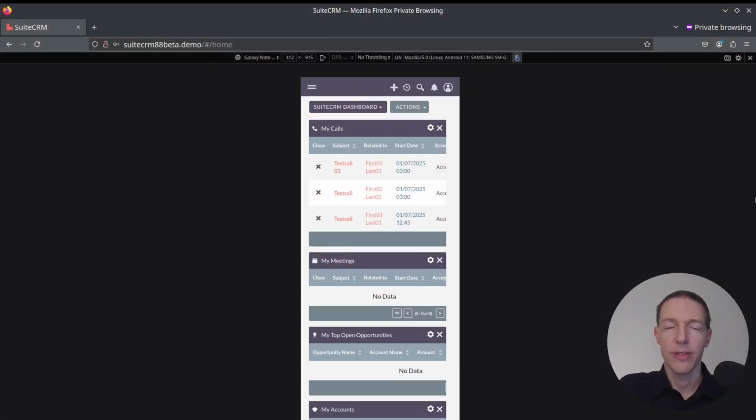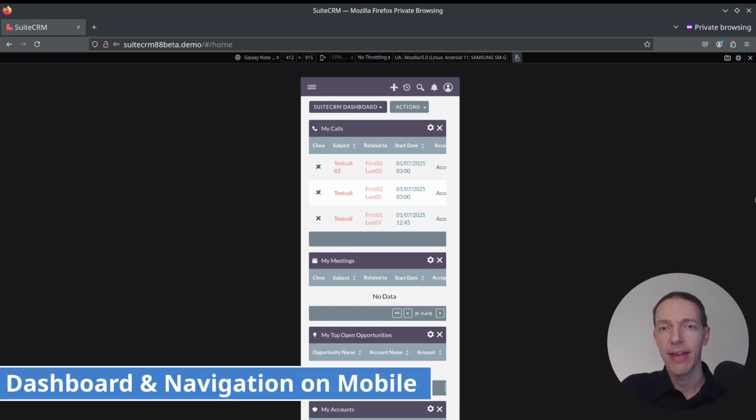Hello everybody. Today we're going to look into how SuiteCRM performs on a mobile device. Okay, so let's go. Starting with the dashboard right after login, you will see it looks somewhat familiar, but